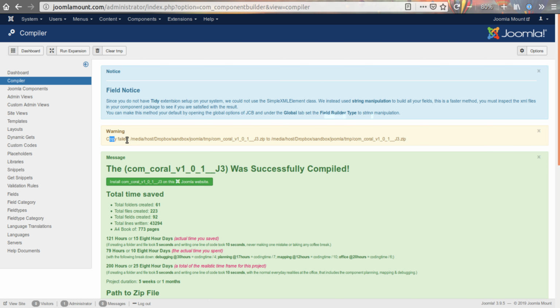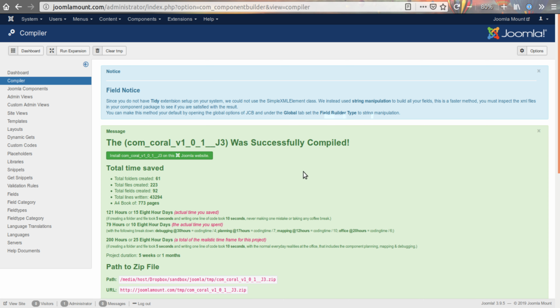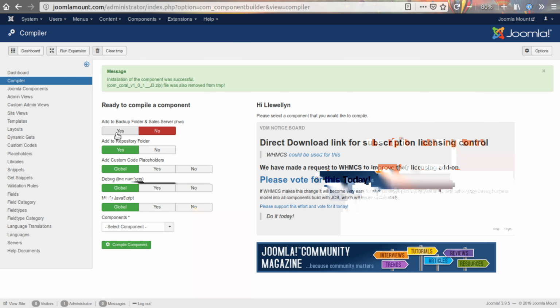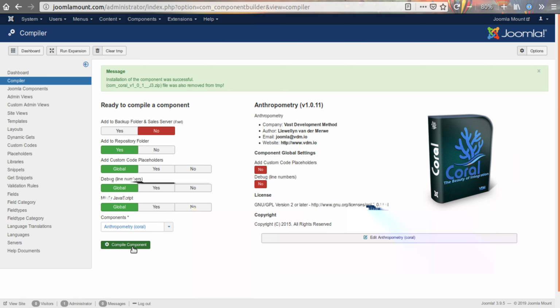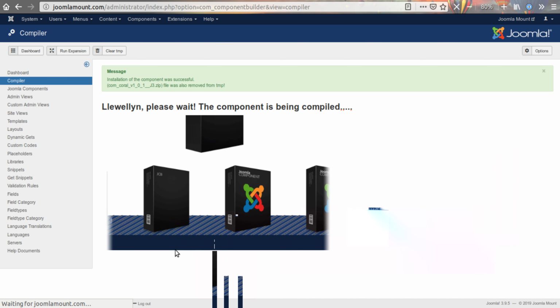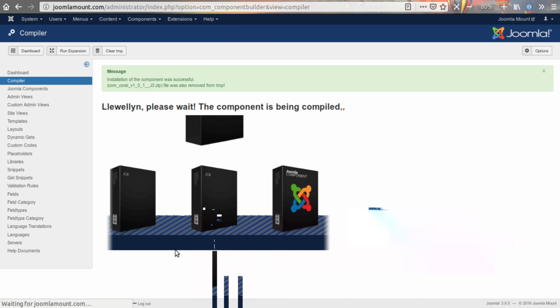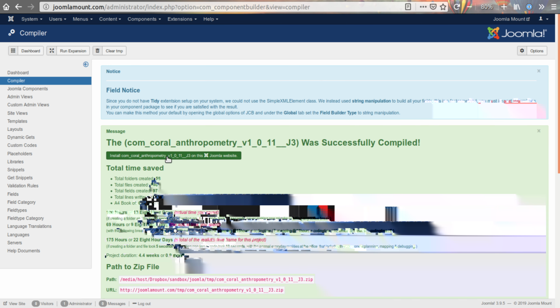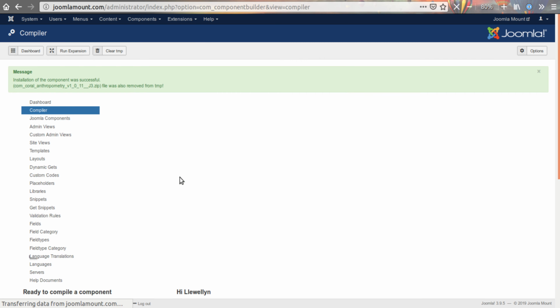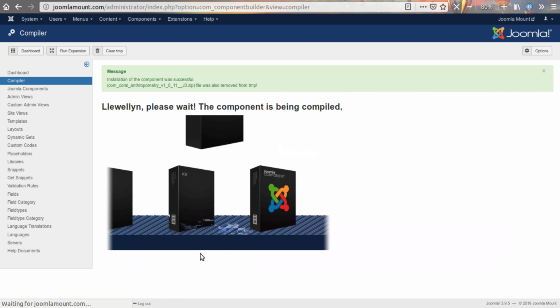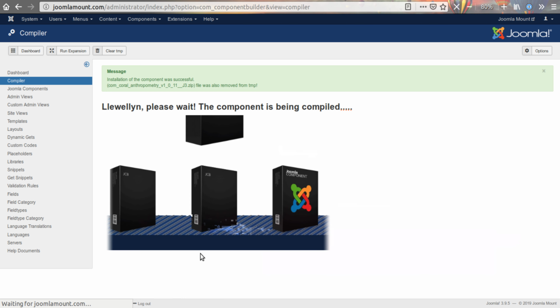Okay, so what's happened here? Oh yeah, we haven't set up that path. Okay, just put it in. Now, so we don't have the backup folder path set up. Now I can do anthropometry and have it compile. It's actually updating and placing all those placeholders and stuff. Okay, so we're going to see the difference. And then I'm also going to add the medical aid one, which is the one that doesn't have that override. So it should use the global